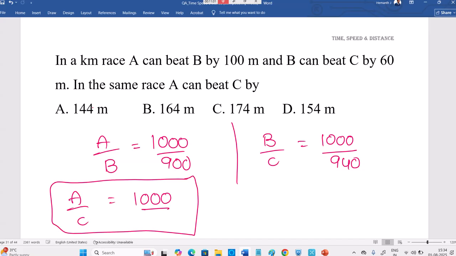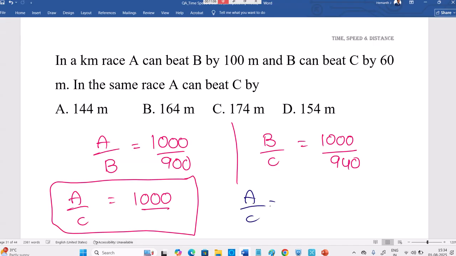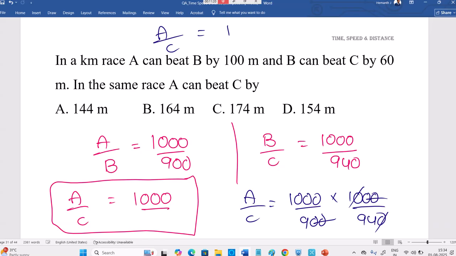Then we can map. So similar to previous, A by C is nothing but A by B into B by C, and don't disturb 1000. You keep that 1000 as it is. So these two zeros, this zero cancel. Now 1000 divided by 9 multiplied by 94, which is 154. Is it correct? Some people mention 154. Okay, we'll check. Here 81 under 3, so 846.